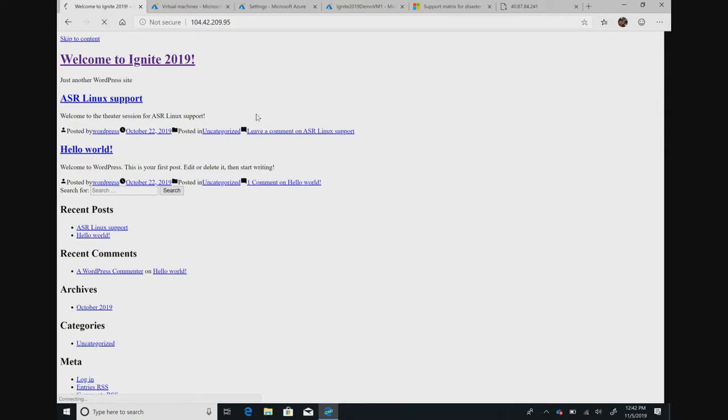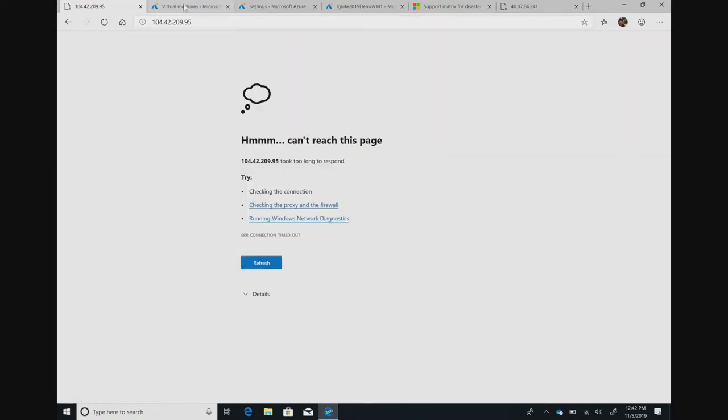I'm hitting refresh here, and you can see it's already down. It's trying to load, but it's down. Let's give it a couple more seconds. OK, we'll come back to it. But basically, there you go. It's done. I have mimicked an outage here by shutting down the VMs.